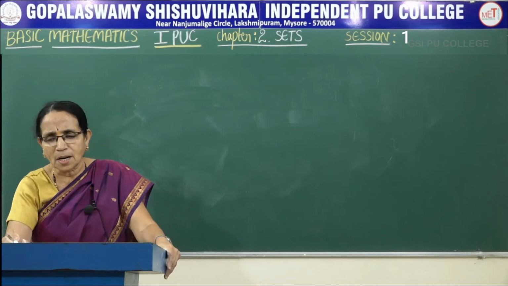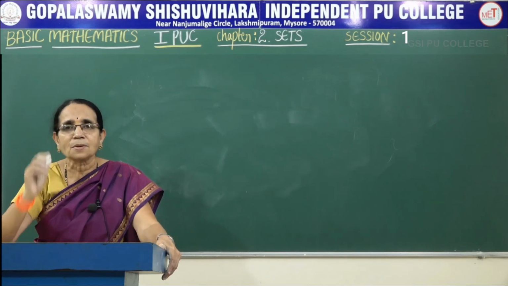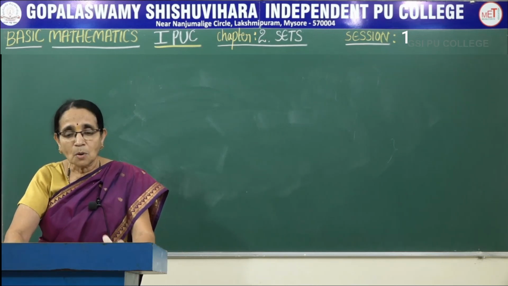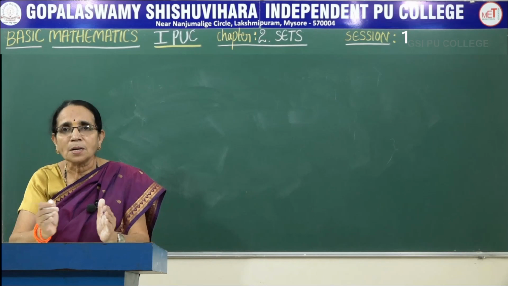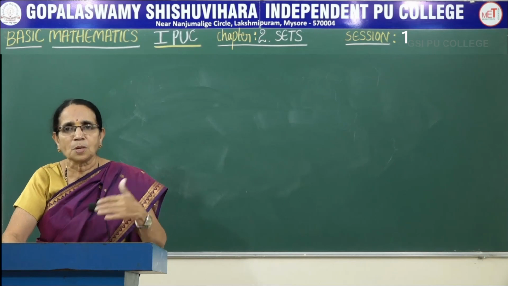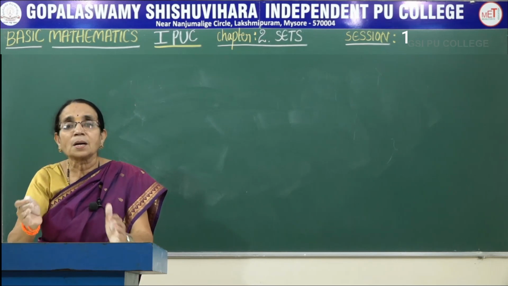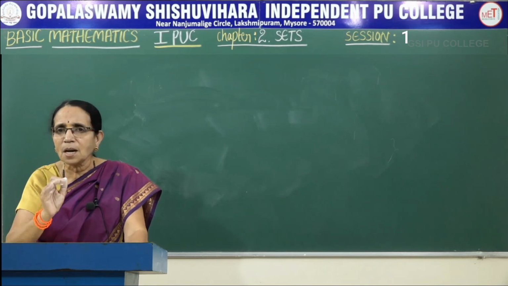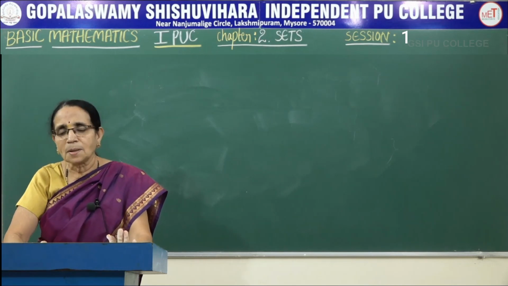Similarly, consider the collection of students of a class. Suppose I take first year PUC science classes, with all those students of a particular college, let's say Gopaswamy PU college. All the students of science of first year PUC classes come under that particular collection. A student can be taking any combination, PCMB, PCMC, PCME, whatever it may be. If a student has selected a science combination, he comes into that collection. So certainly we can call it a set because we have the same type of objects. All of them possess a common property. They are all students of science.